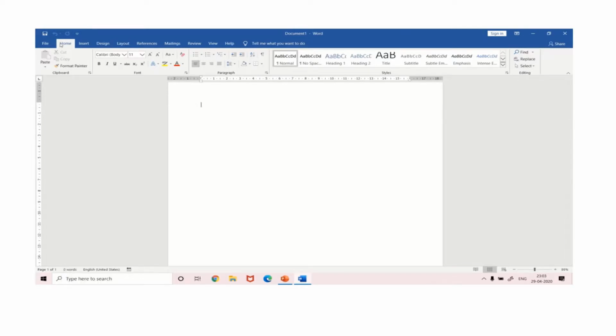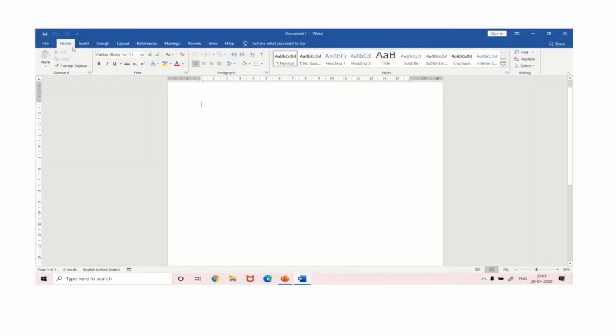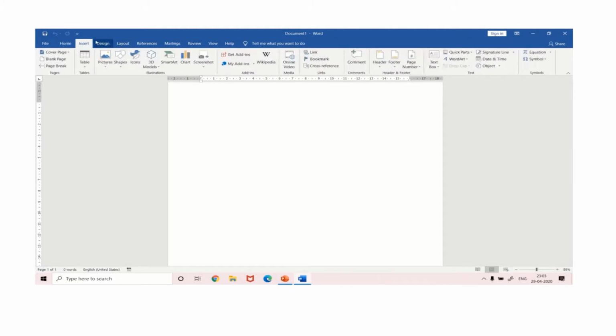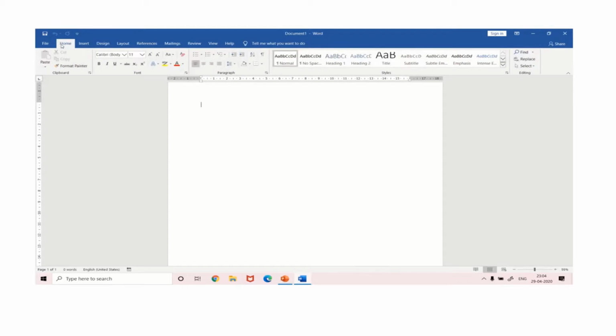Then you can see the File tab, the Home tab, Insert tab, Design tab. Whenever you will click on these tabs, the ribbon of that particular tab will open. Like if I am clicking on the Home tab, then the ribbon of Home tab will open.